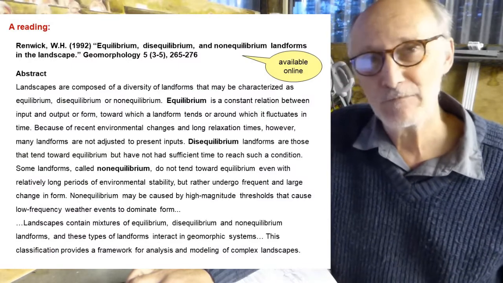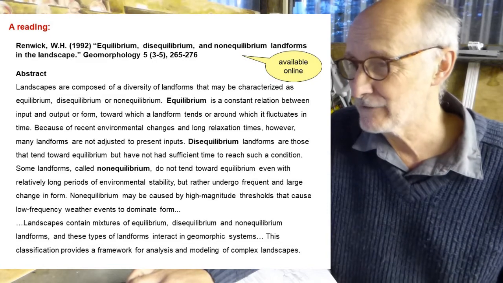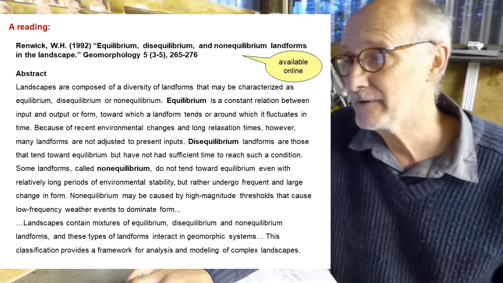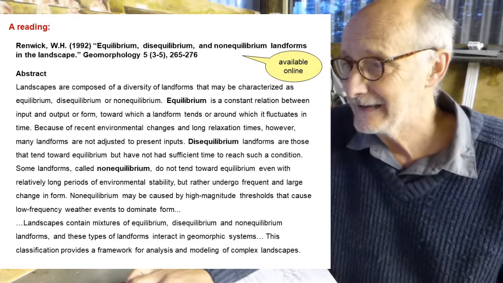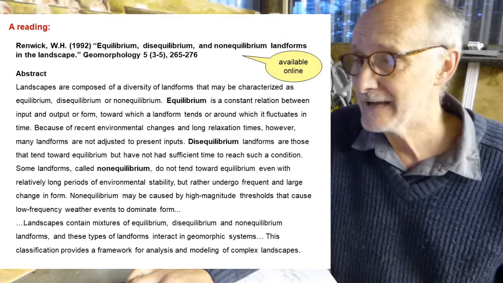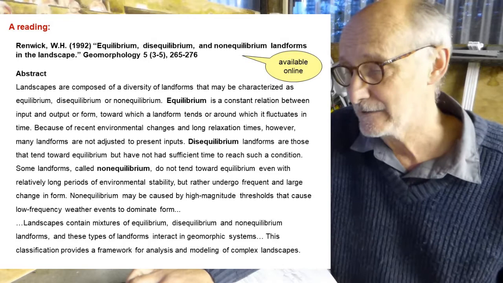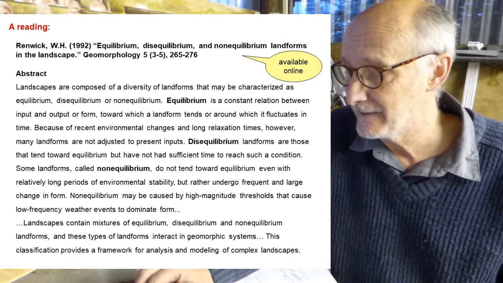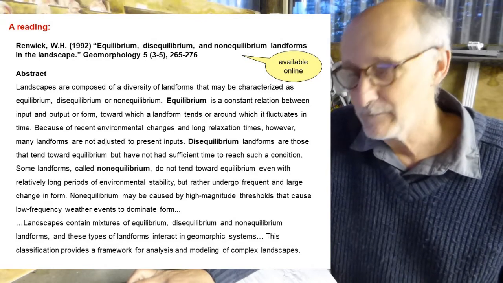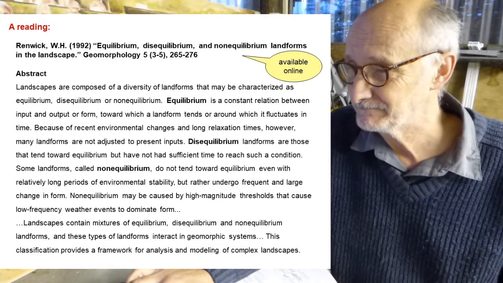There's another reading for you here, and I'm going to suggest that after I shut up in a second, you pause the video and have a read of this abstract, and maybe come back and have a look at it later on as well. It's quite an important little bit of text. You can get the whole paper online through Keele Library if you're one of my Keele students. But that abstract, and the paper as a whole, but even just the abstract, explains for you quite clearly what some of the key terms are that I've put in your set work to find out about. Some of those key terms are explained quite nicely in that paper. So either pause the video now and have a look at that, or come back to it and have a little look later on.